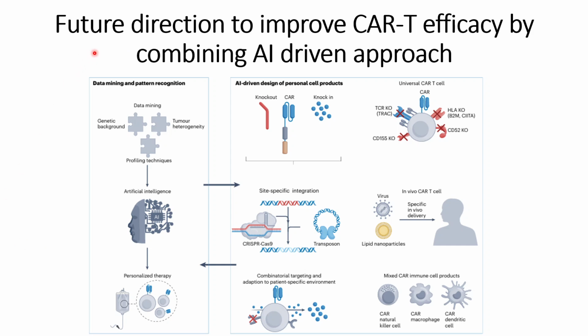In this video, we will discuss the future directions to improve CAR-T efficacies by combining the AI-driven approach. In this figure, the authors talk about how they can combine AI to improve CAR-T cell design. First, the main idea is that artificial intelligence will be used to screen the data, or they will use data mining and find out which receptors work well for which kind of tumor mutations or tumor heterogeneity